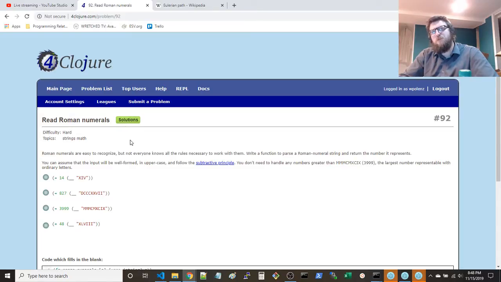You can assume that the input will be well formed, in uppercase, and follow the subtractive principle. You don't need to handle any numbers greater than MMMCMXCIX, 3999, the largest number representable with ordinary letters. So you've got examples: this is 14, this is 827, this is 3999, and this is 48.